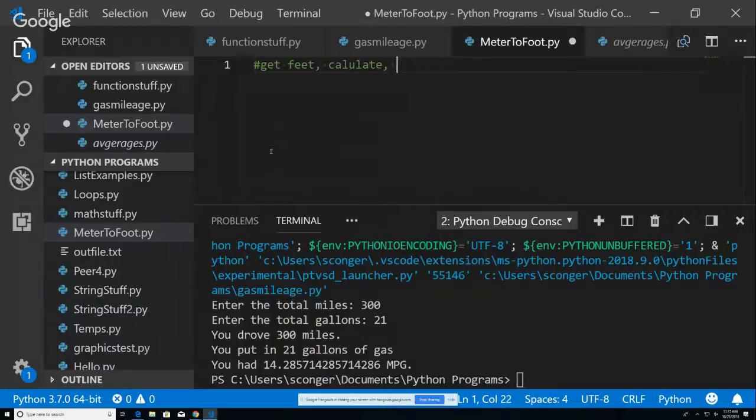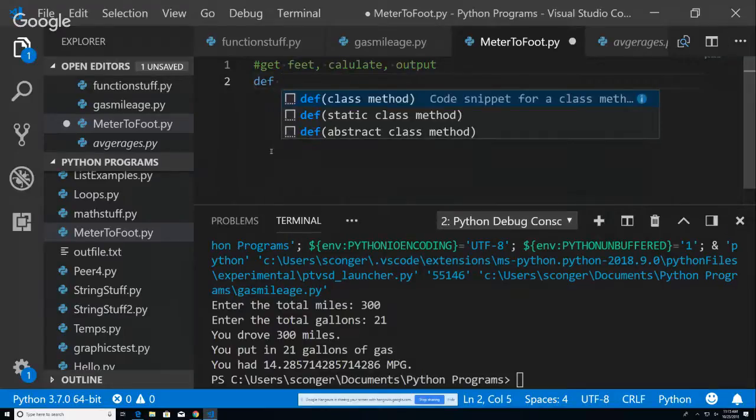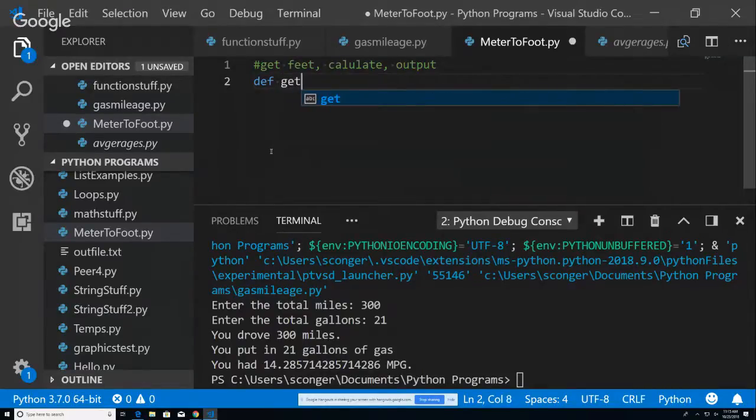The output is really only three pieces. The first one is simple, just def, I'm going to say get feet, and we'll do